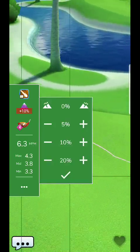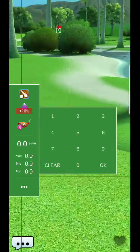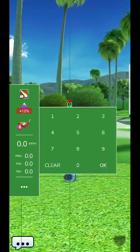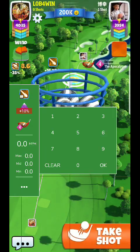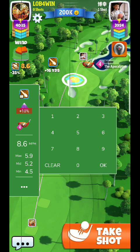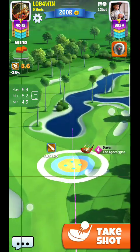Important thing to note is you are kind of shooting to a lower target, so you might want to use an elevation assist. Here I'm using plus 10% because I'm going to be shooting down a little bit lower. Also, the difference between a puck 4 and 5 is going to be a couple yards, so it might be important to note. But here you can see it's going to be about 6